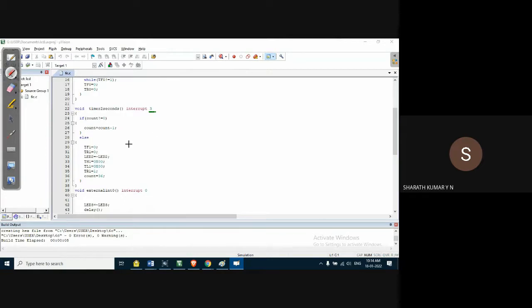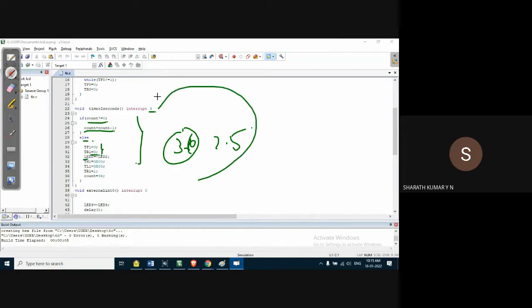Fourth level basically. So check whether the count is 0. If not, decrement the counter, so that we can execute the ISR 36 times, so that it will generate approximately a 2.5 second delay. Clear the flags to start with, because it will come from the interrupt. So first we have to clear the flag and stop the timer. Toggle, because it has come to this interrupt only because timer 1 has overflown, that is, when it goes from 0000 up to a final count of 1111, it will set the TF1 flag to 1.